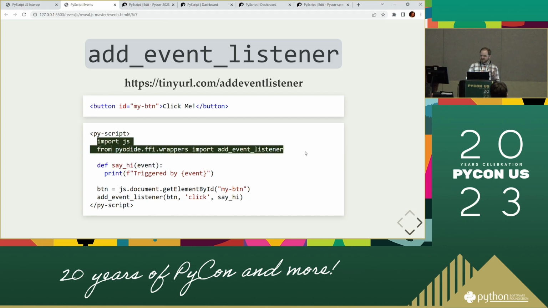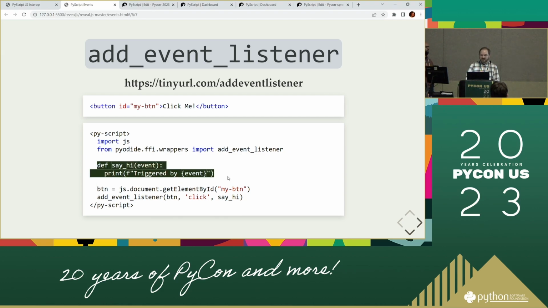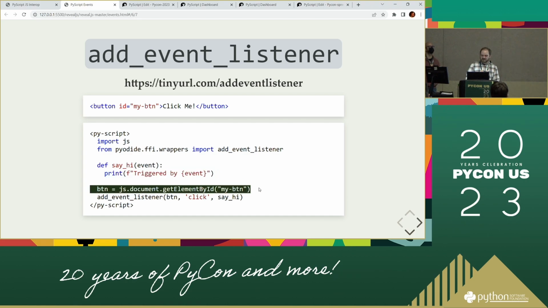We'll import js, which is a reference to JavaScript, and from pyodide.ffi.wrappers, import add_event_listener. I'll define my event that I might like to run, say_hi. It's going to print out the event that it gets. And then down here, I will grab a reference to the element that I need,